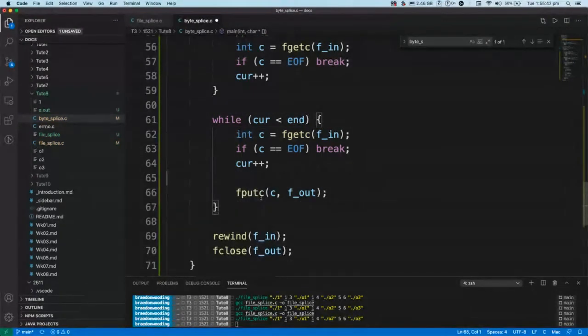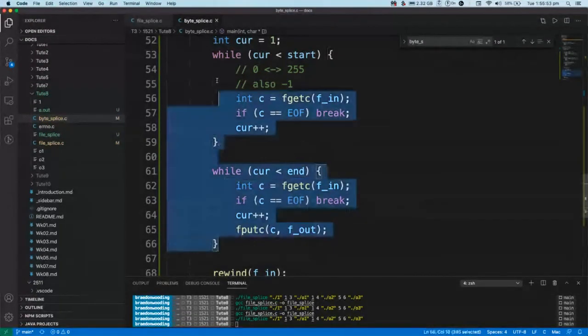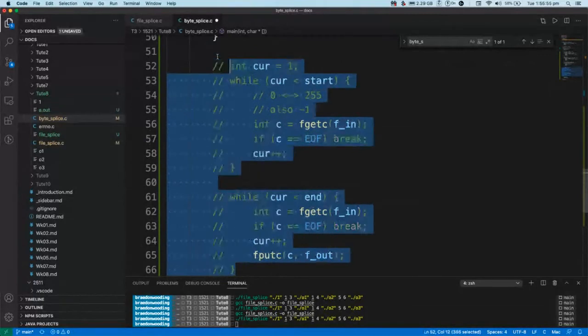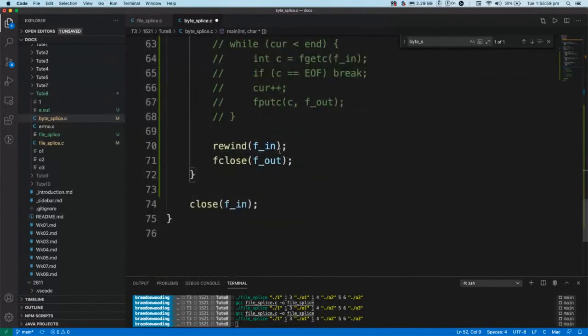Okay, so this is one way to do it. There's a better way of doing it to express this problem. The better way is to use a very nice way of reading and writing these, and that's basically to ditch all of this code here. We'll keep it uncommented at the bottom. And what we're going to use is